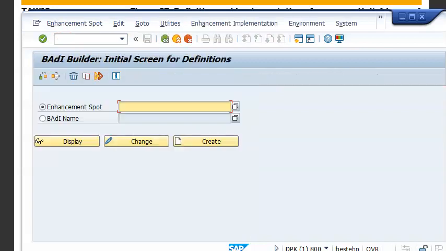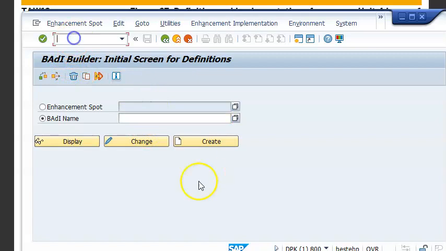When we go to SE18, enhancement spots are the latest business add-in implementation. For the classical business add-ins we'll have the BAdI name, and for the enhanced business add-ins we'll have the enhancement spot. We can find the business add-in name in the SAP standard program through debugging. We'll see how to find the business add-in name, but later you can check that name here.